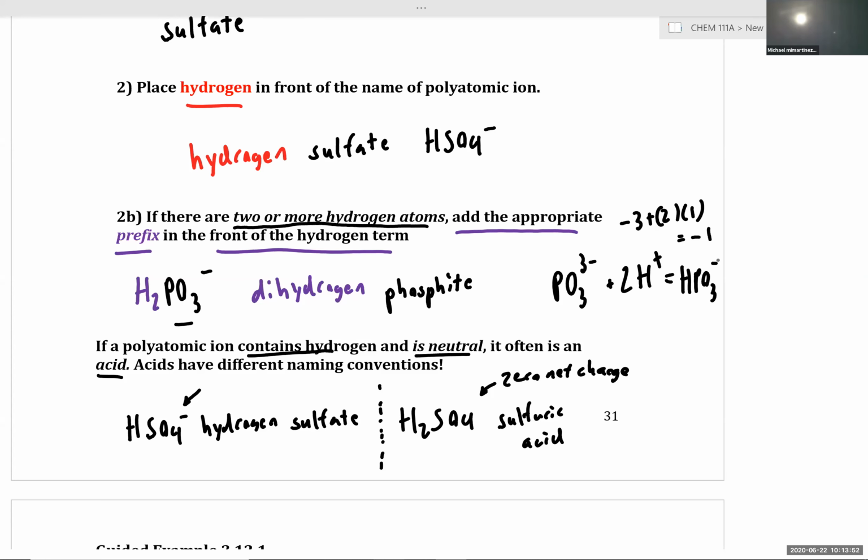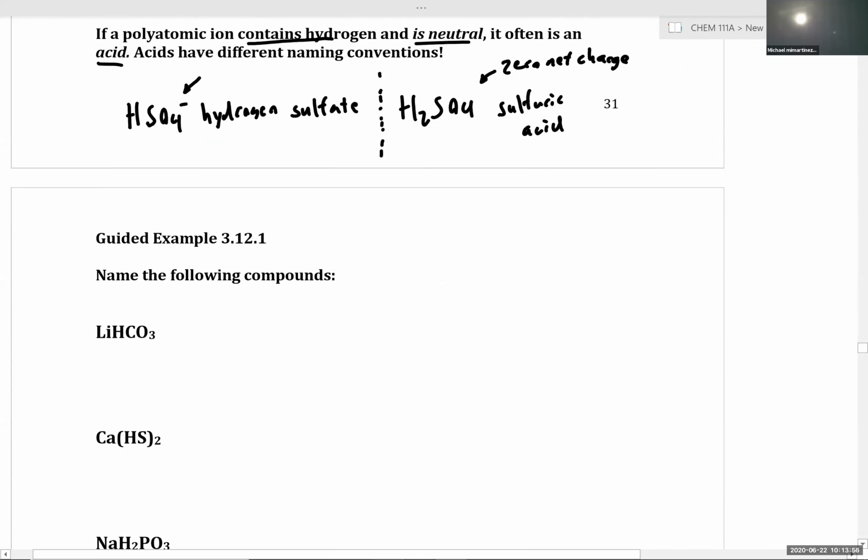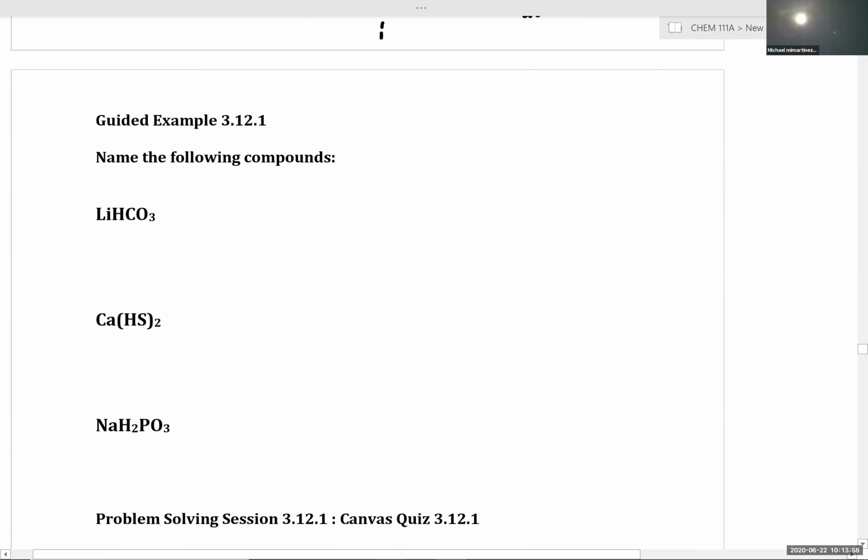Okay, let's keep going with this idea, and let's name a few more compounds. First and foremost, let's do a guided example where we name this batch of 3 compounds. The first of which, let's look at our metal. We have just a main group metal that we'll call lithium, just reading off from the periodic table. So looking at HCO3 minus,